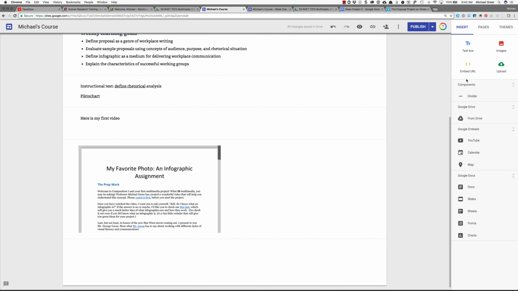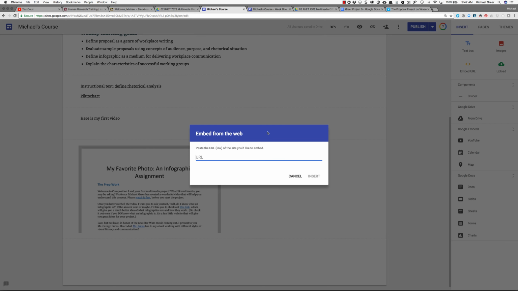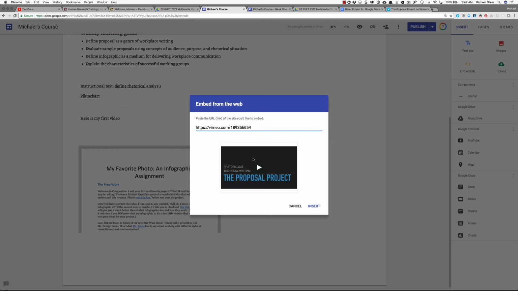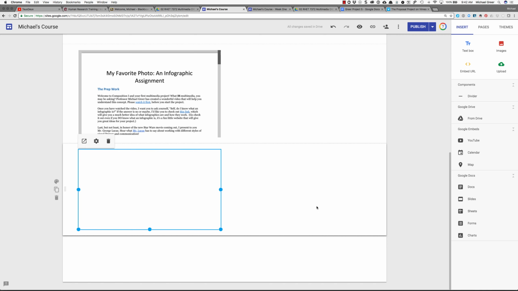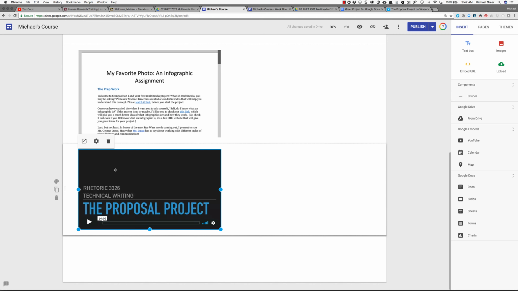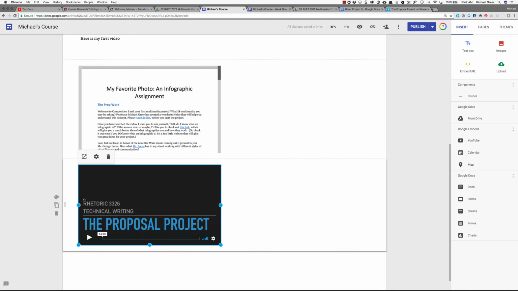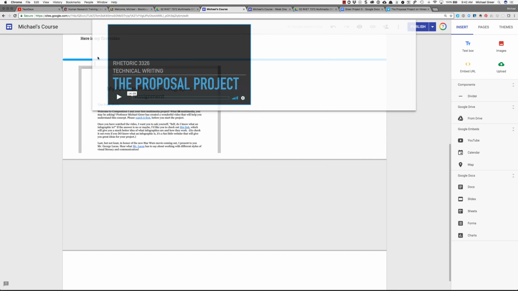Insert embed URL, and it brings up a pop-up that says paste the URL or link of the site you'd like to embed. Well, that's what I just copied to my clipboard. So I paste that in there, and look what it does. There's a lovely little player window all ready to go. I click on the insert button, and it puts it there. And it's like, whoops, that's not where I wanted it to go, but that's the right video. So I'm going to drag it up here